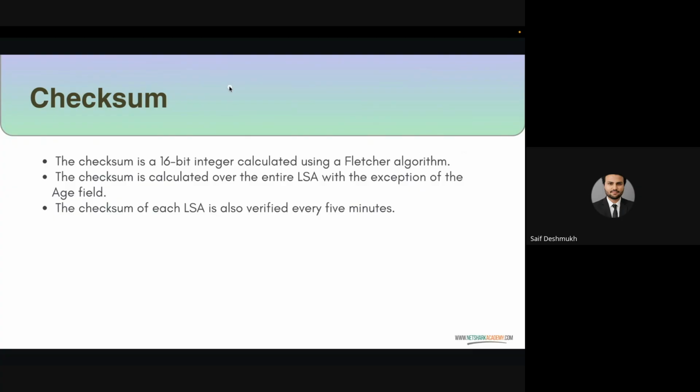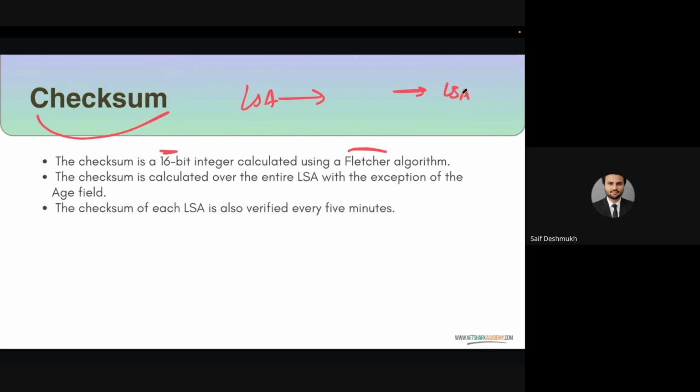Then each LSA, each routing information LSA, is going to have a checksum calculated. Apart from all the TCP level and IP level checksums, you still have a checksum calculated for the OSPF separately. This is done by the OSPF process. They use a special algorithm called the Fletcher algorithm, with an output value of 16 bits, which is injected. Basically, they take the LSA, put it through the Fletcher algorithm, and whatever value is generated is put inside of the LSA